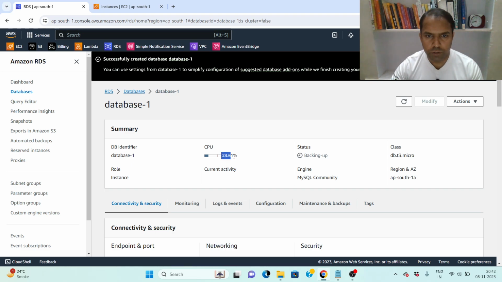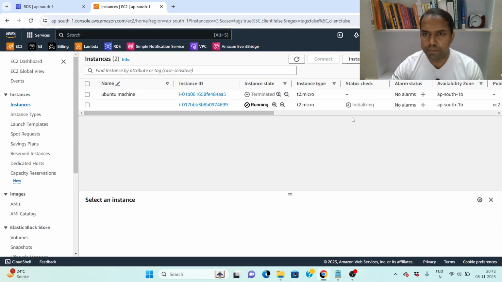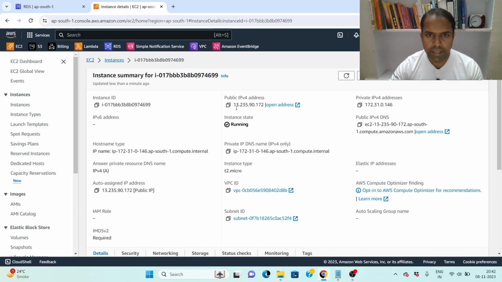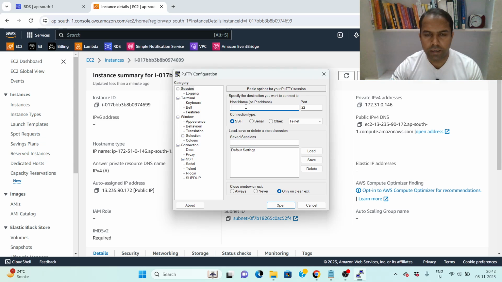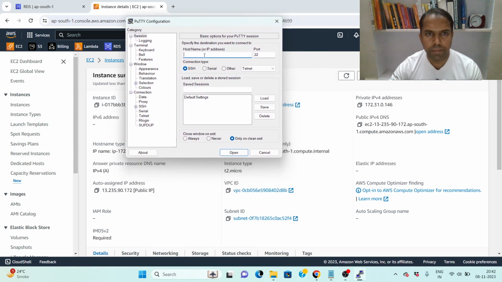I'm surprised why it is showing 23.61% utilization. Okay, so come on this page and you can see 2 by 2 checks passed. Now we can connect. So I need this public IPv4 address, and open PuTTY software, and here we have to provide the IP address I have just copied, and you can see the SSH connection, and the port number you already know. The SSH port is